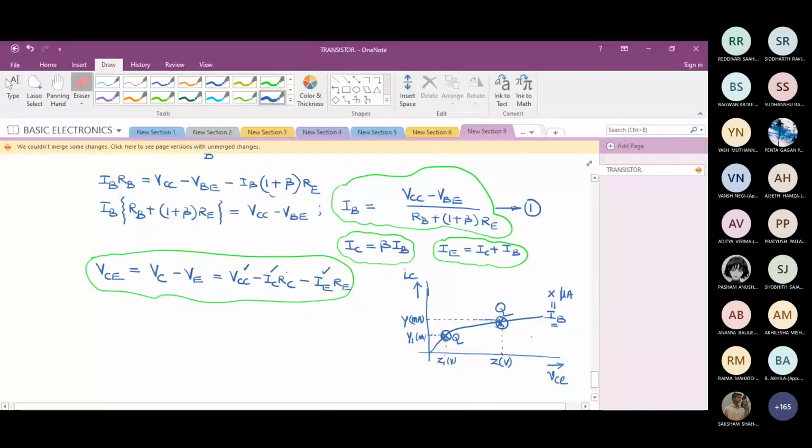Now is the device in a position to amplify the signal? No, sir. So we must ensure the operating point is in which region? Active region. Once we ensure that, then only we can apply the signal. Say I speak on a microphone, I can apply that signal to this circuit under the condition that the operating point is in active region. Is the concept clear? Yes, sir.